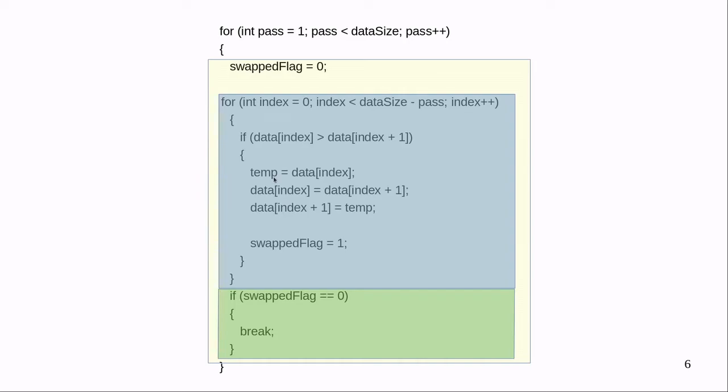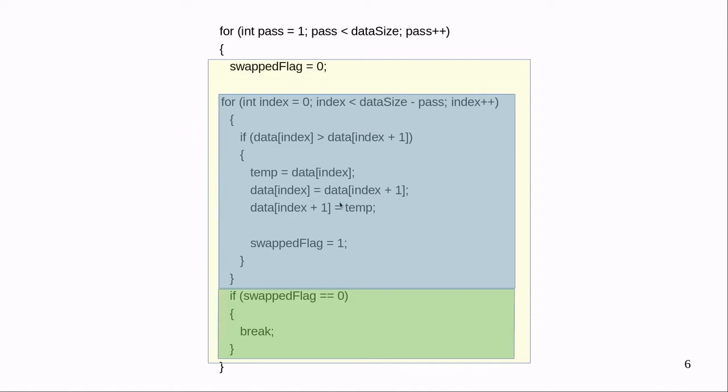For swapping, we first store this particular value to a temporary variable. Once we have this value stored in the temporary variable, we then copy the right value to the left one, so data of index equal to data of index plus 1.